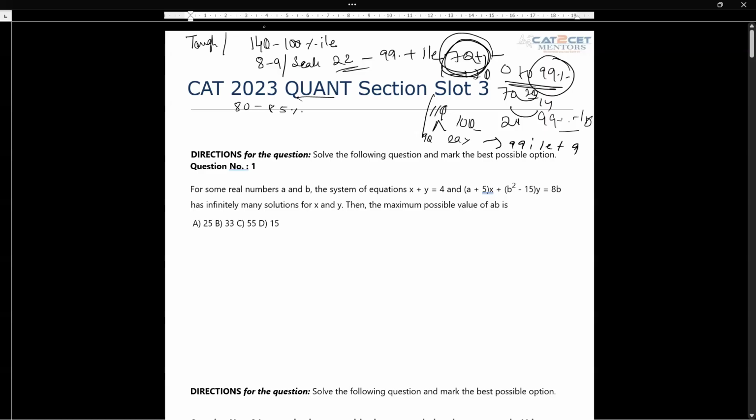Now, for the students who want a bare minimum of 80 to 85, who just want to cross the sectional cutoff, you will be surprised to see that 3 to 4 questions, talking about last year's trend, will give you 80 to 85 percentile. And when you jump to 5 or 6 questions, it will be directly 90 percentile. Every question you add will give you about 5 percentile.